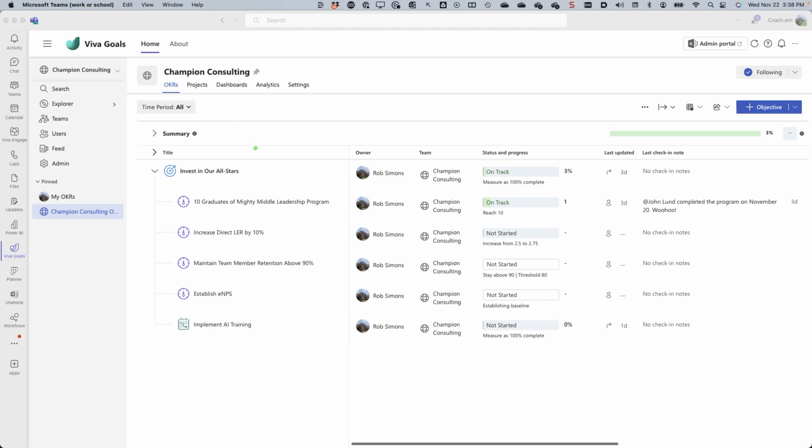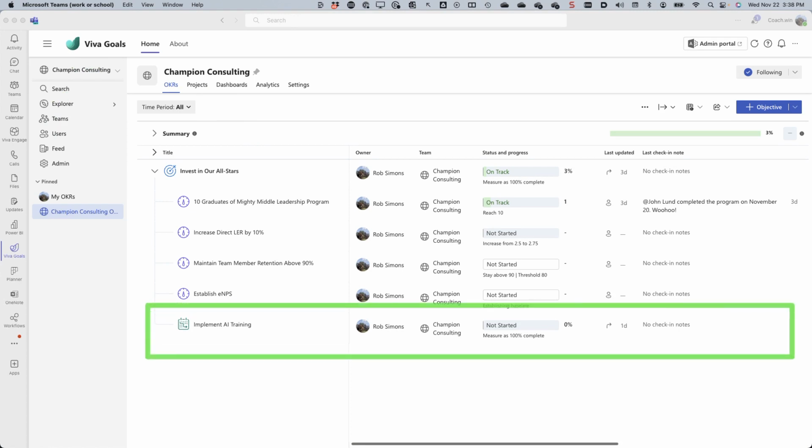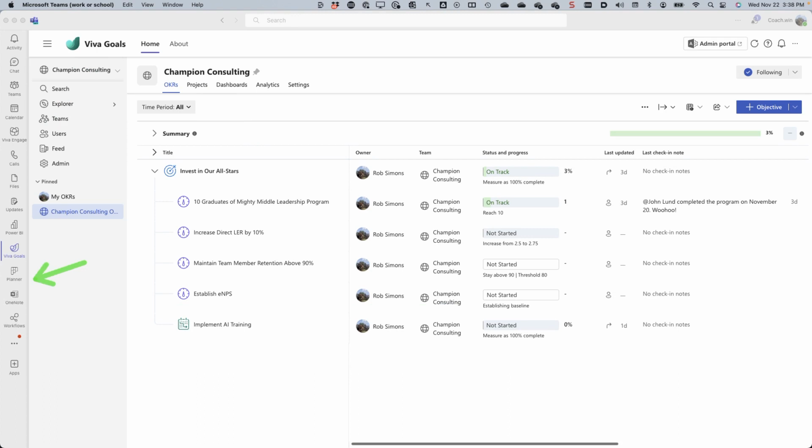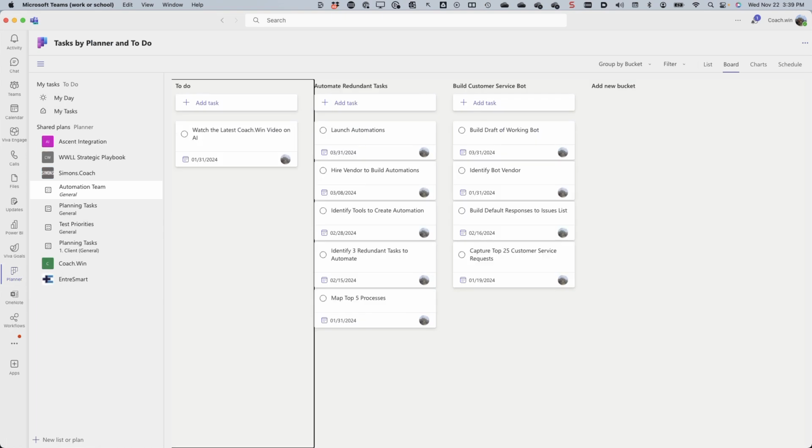In this video, we're going to continue talking about projects inside of Viva Goals, but instead of building a task list like we did last time inside of Viva Goals, we're going to connect to a planner board. This is a really neat way to use a tool that many people already use inside their office. So I'm going to open up my planner board